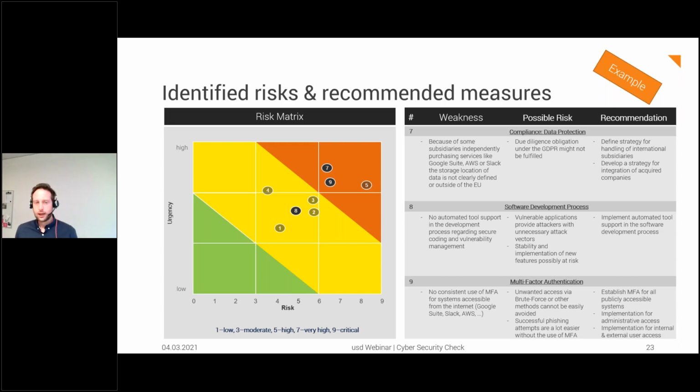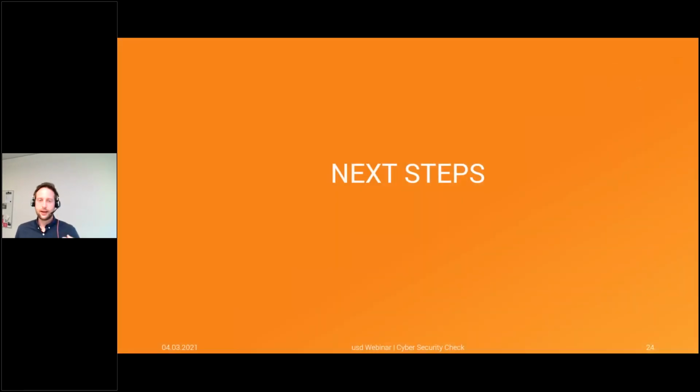So now I told you what we did. We did an assessment. We used that assessment where we sit down together, where we define goals, we define the scope, we want to define how we want to test that. At the end of the day, then we tell you what the maturity is in the different domains for the different control groups. We tell you what kind of weaknesses and risks you have. And that is basically the cybersecurity check.